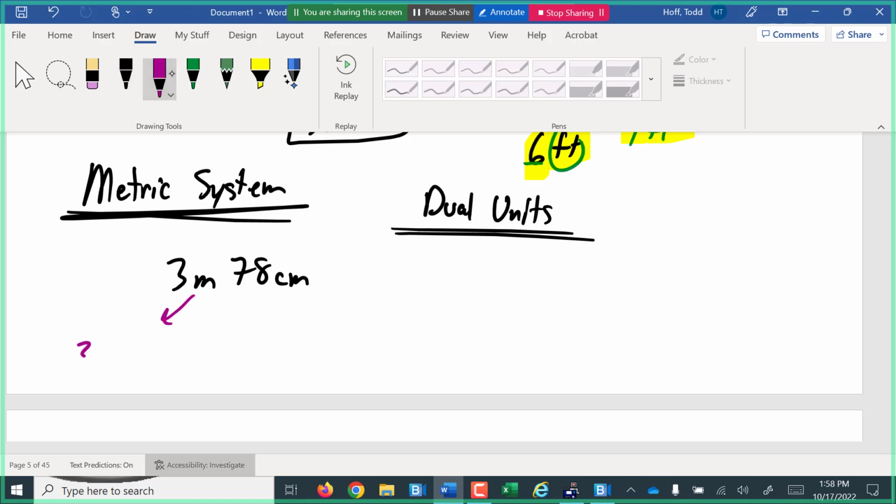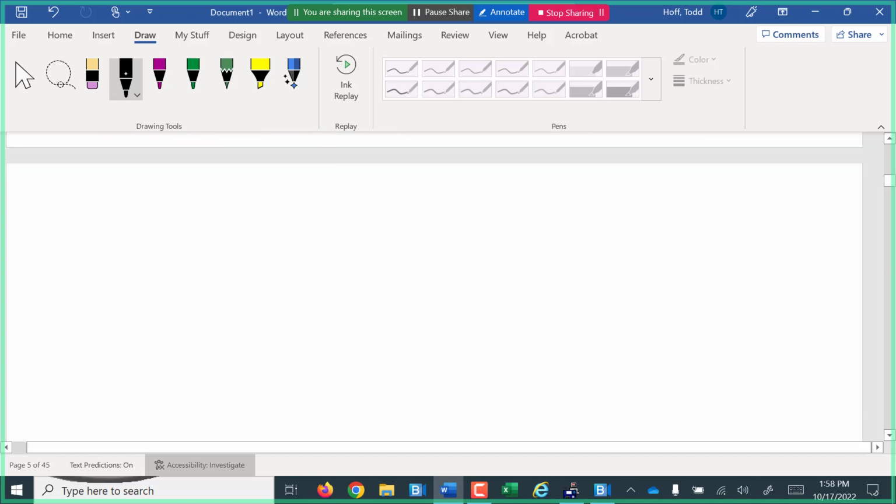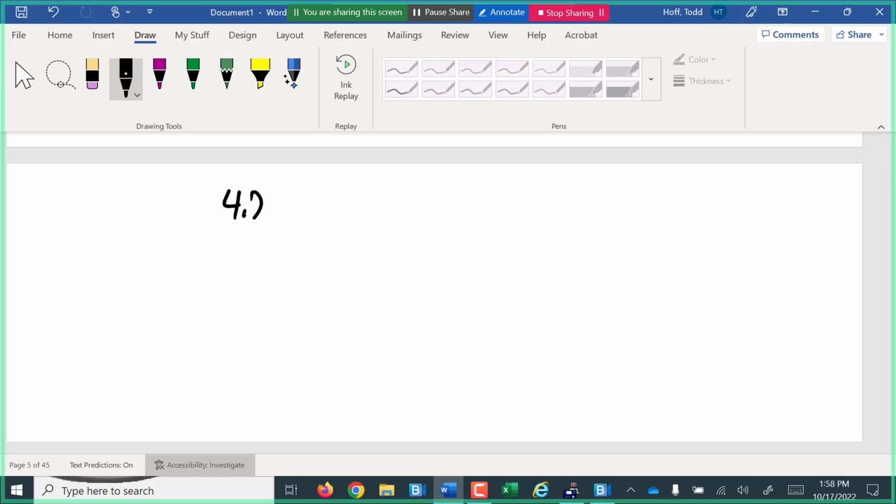This would either be listed as 3.78 meters, or it would be listed as 378 centimeters. Because the conversions are so seamless and easy, there's no need to ever use dual units in the metric system. So when we go to do our operations with metric units, the important part is just to make sure we have the same unit. So if I have 4.2 meters plus 260 centimeters,